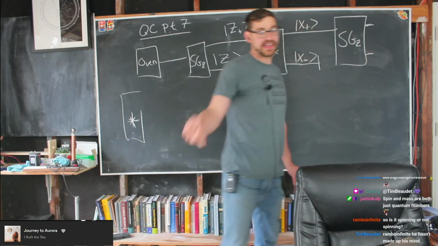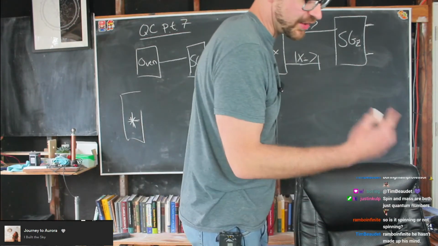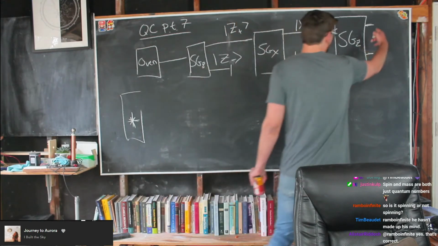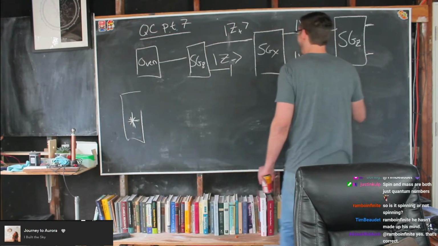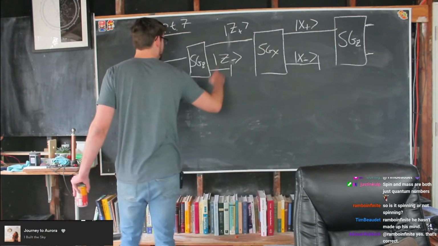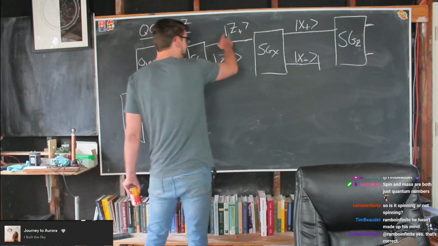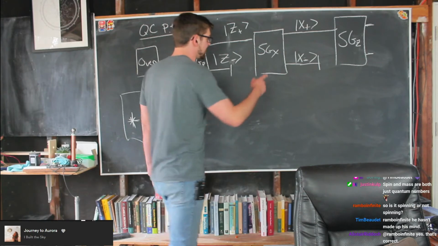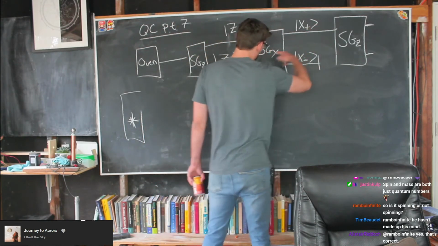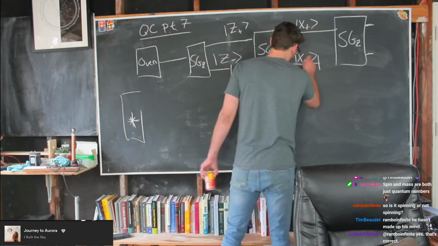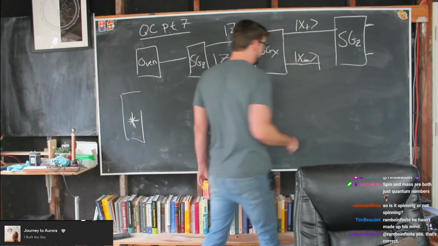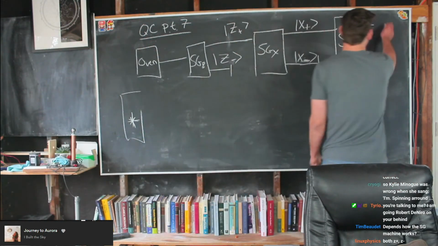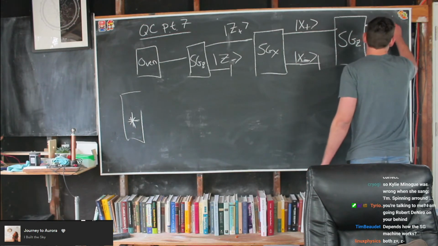Twitch, what do you think? Twitch chat, I'm talking to you. What do you think is going to happen if we remeasure what comes out of here? Do you think we're only going to get the SZ plus particles, the particles that are spinning upward in the Z direction? Do you think that, we're blocking off the minus particles. There's no X minus particles going through. Linus, you're right. You see both Z plus and Z minus. For some reason,